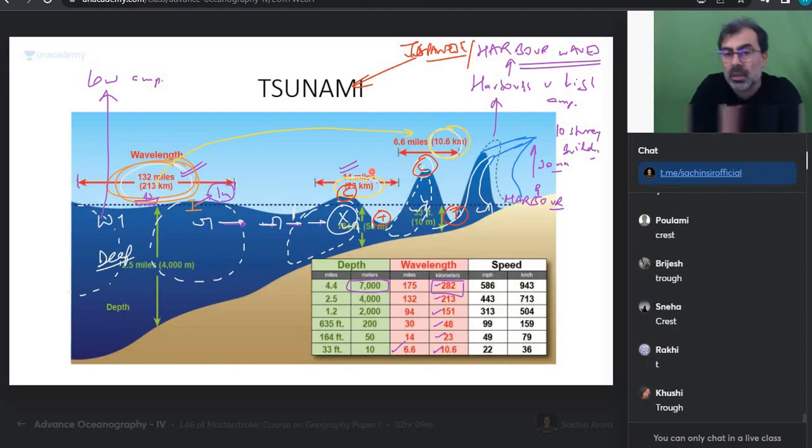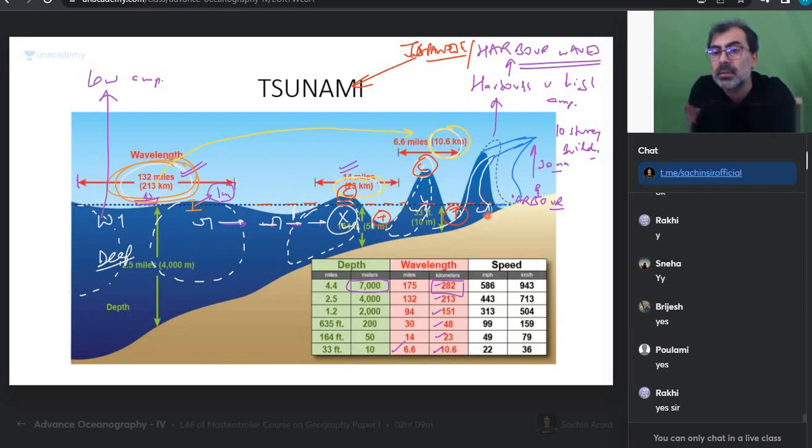So do you know what happens if this is the sea level? Everyone, please pay attention. If this is the sea level, before the tsunami arrives, can you see the sea level has fallen down? True. Sea level falls down. Why does it fall down? Because what has come first? The trough has come. After the trough, what will come? Daddy of all crests will come and hit you. Do you get that? So abnormal lowering of seawater,